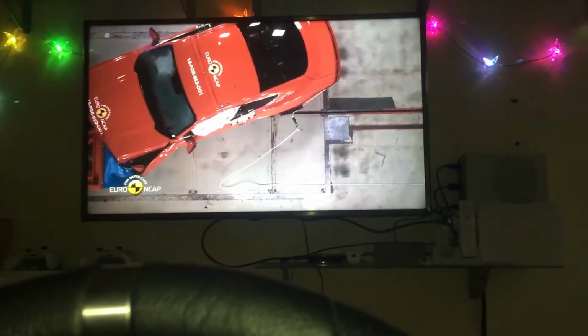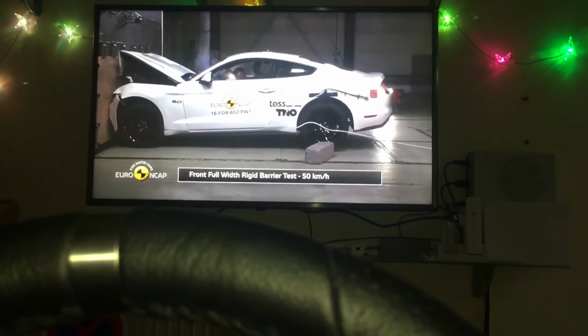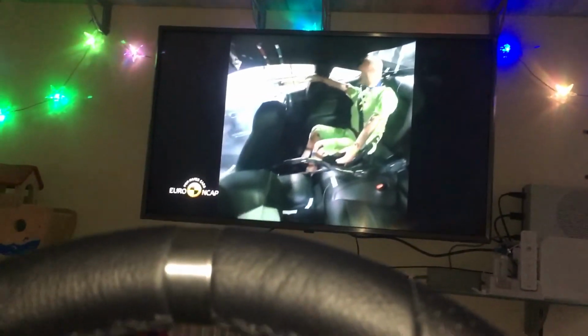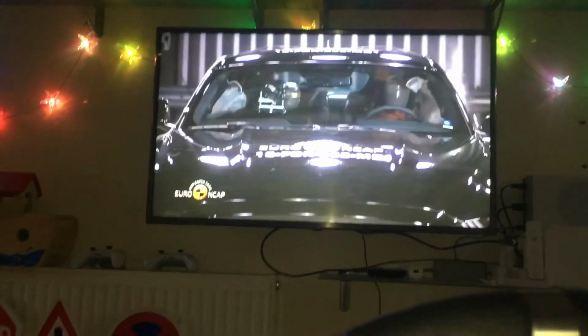So yeah, it's kind of weird to see how IIHS gave it good and acceptable ratings, but they're just being biased because they're American. IIHS do crash tests in America, and so they're just trying to make it up so that they can say their own cars are safe, because they're not actually that safe. I know they did exactly the same thing with the Ford Fusion, which scored a 5-star rating. This didn't. And it's the same with the